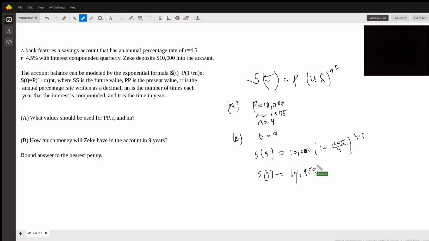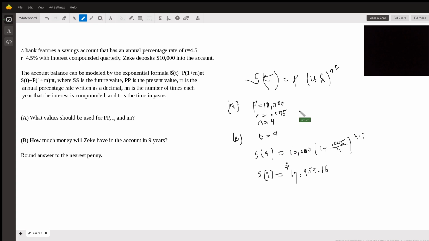They want this rounded to the nearest penny, so my answer is $14,959.16134, so we'll round that and put a dollar sign in there so we have our units. And that's it. So this tells you that if you can find an investment that pays 4.5% compounded quarterly,